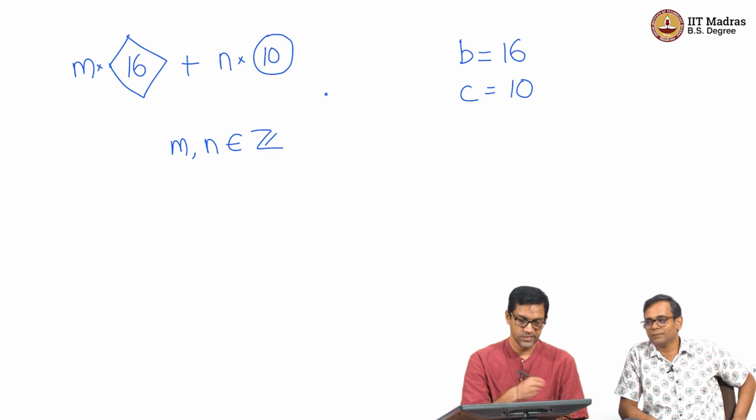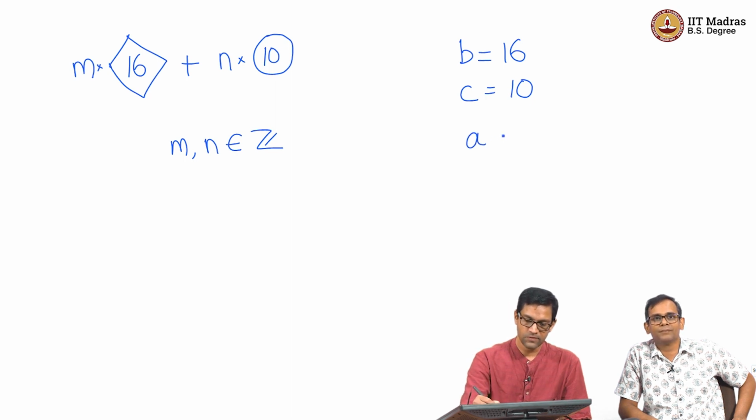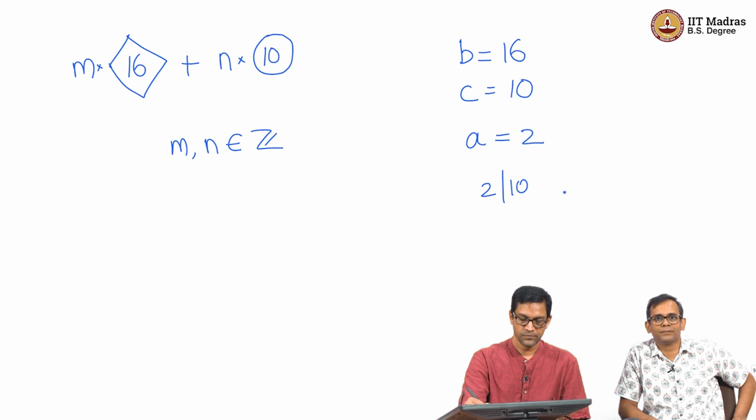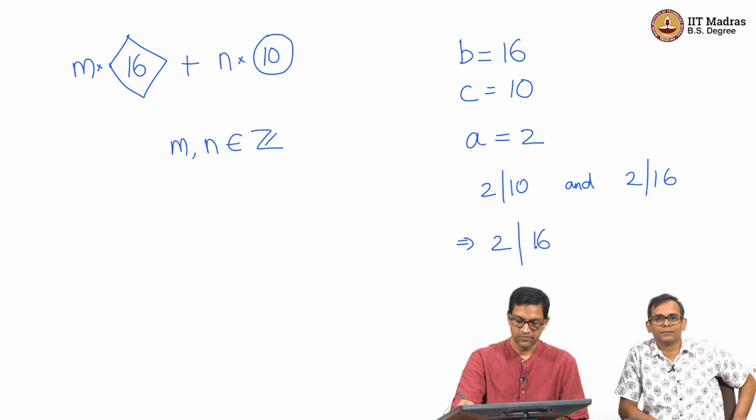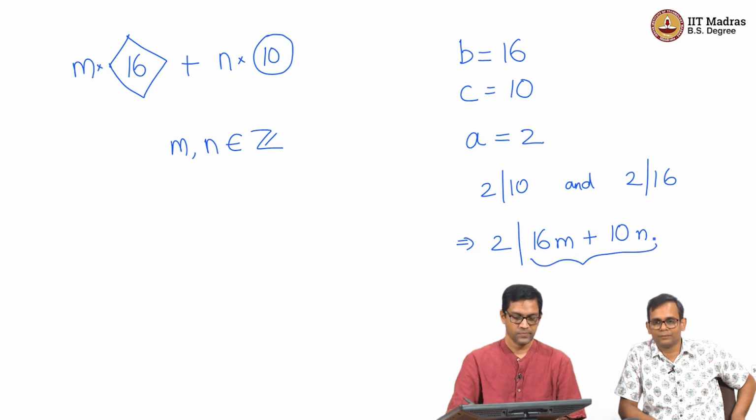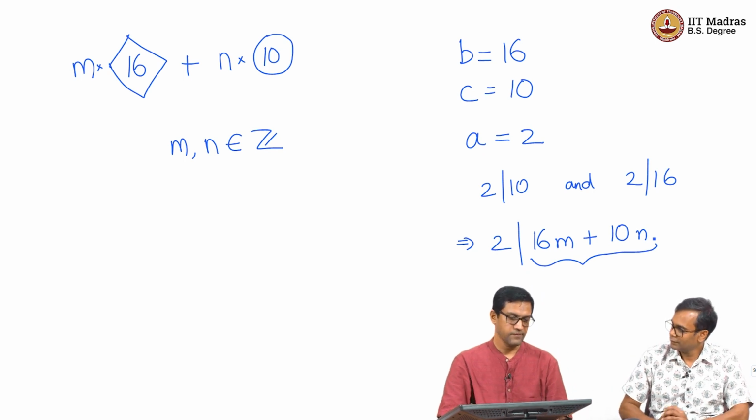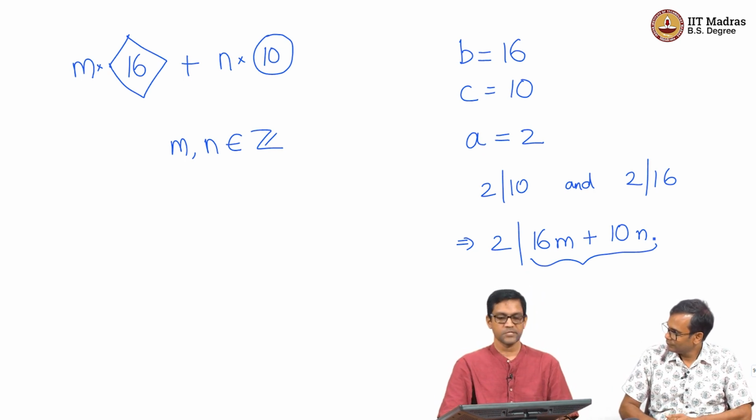And what we just concluded there is the following. So look at the number A equals 2. Okay, 2 divides both these numbers. So observe, 2 divides 10 and 2 divides 16. And so by what we just said, this implies 2 will always divide any number of the form mB plus nC. So if you take m times 16 plus n times 10, then 2 is always going to divide that. Okay, and therefore the only things I can pay, anything I can pay using these two coins will always be a multiple of